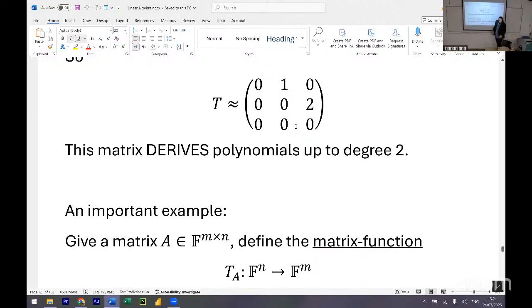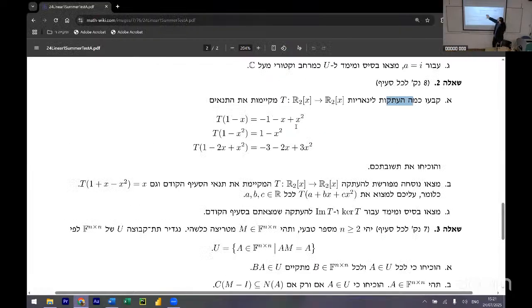The thing is, I will tell you now that when you have a basis for the domain, you can send every element of the basis wherever you like, and there exists a unique linear transformation that does this, that copies these requirements. So first of all, you need to learn this theorem, and then the catch here is that there is a linear dependence here. And I think I will go over this question